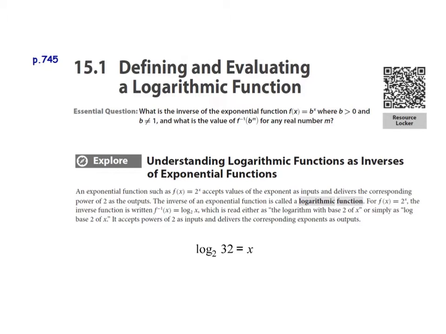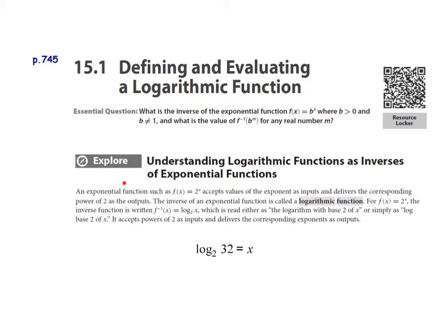Welcome to lesson 15.1, defining and evaluating a logarithmic function. In this lesson, we're going to learn what a log function is. Log is just short for logarithmic. And right here on the first page, if you turn to page 745 in your book, you're going to find